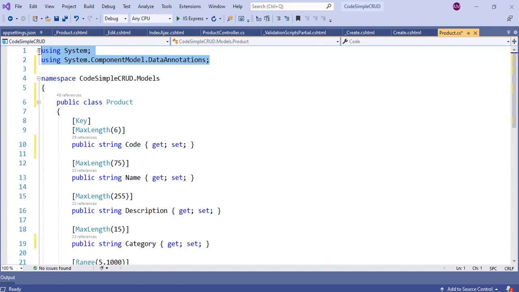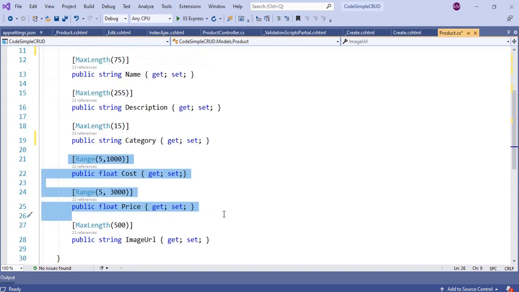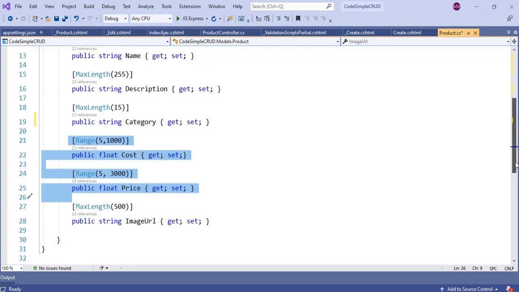In it, Code is the primary key with a maximum length of 6. Then it has general properties like Name, Description and Category, which do not require much explanation. Then it has two important properties named Cost and Price. These two have validations. Cost must be a number between 5 and 1000 and Price must be a number between 5 and 3000.